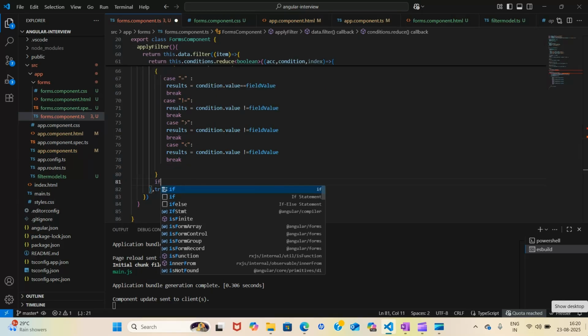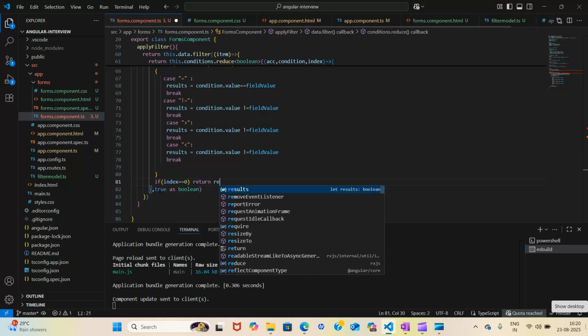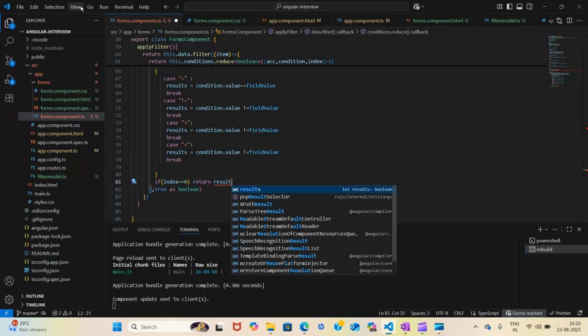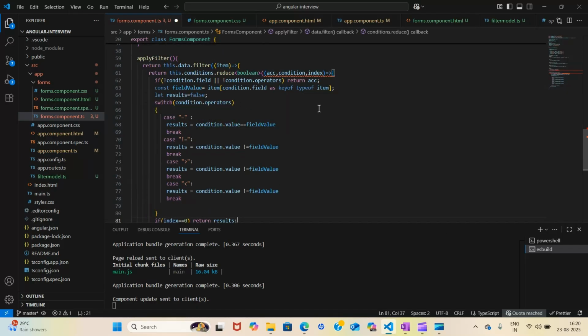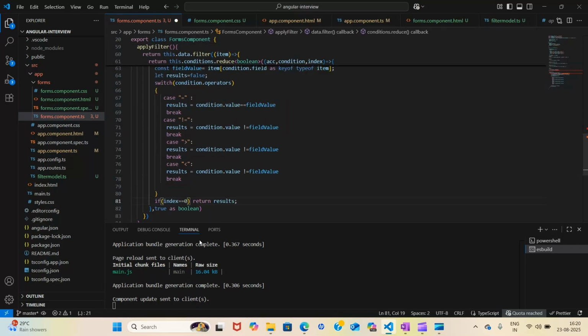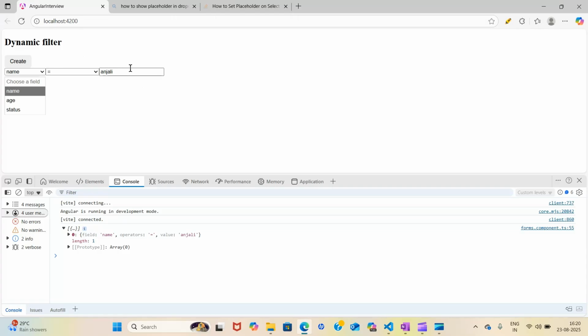Now if my index is 0, then return my results. What index equal to 0 means is that only one row is there, so only apply the filter accordingly.